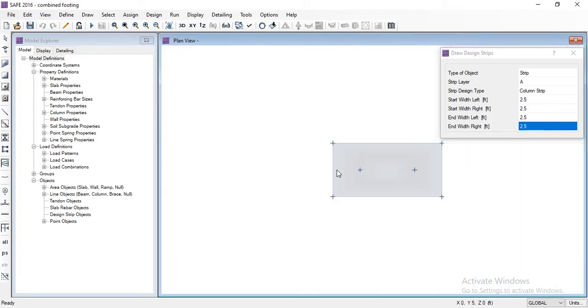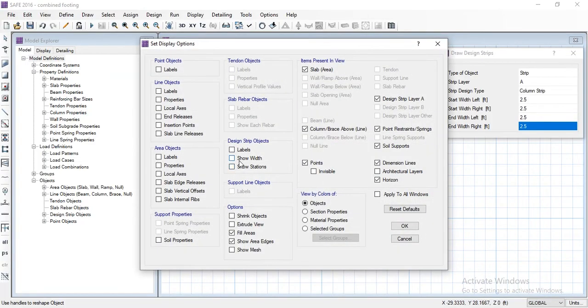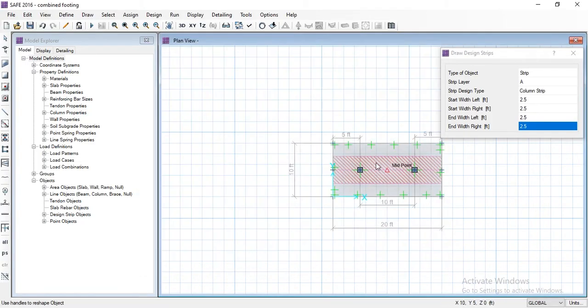Select the center of this column strip. The column strip has been drawn, and we can show the column strip by going to the set display options and showing the width over here and clicking OK. Column strip has been drawn, and now we need to draw the